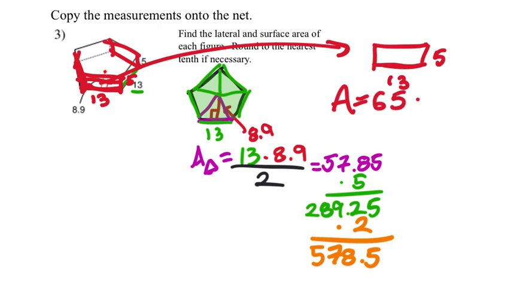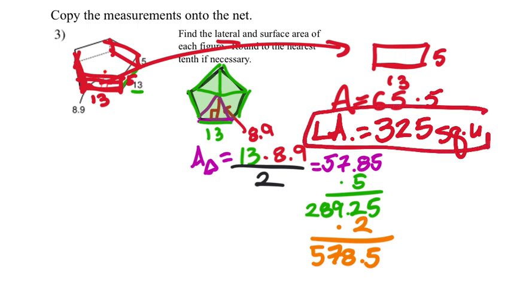And how many of those do we got? Well, that's 1. Then we have this one on this side. That's 2, 3 here, 4, and then this 5th one, right? Which we would expect 5 rectangles because this is a pentagon. So I'm going to multiply that 65 by 5, put it in my calculator, and that tells me the area of all of the rectangles is 325. I'm going to label this one because it is one of the answers. That's the lateral area,